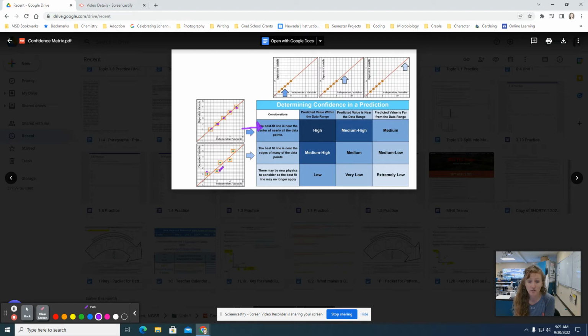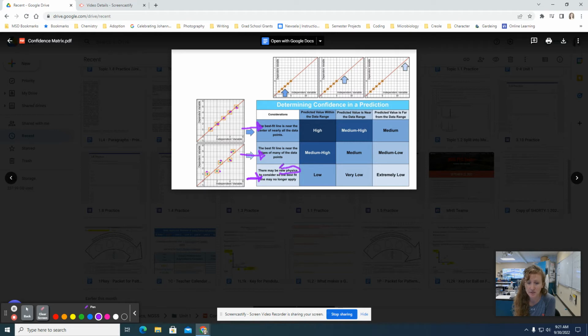If many of them fall off of your trend line, you would be in the middle of this column. If your line doesn't seem to fit your data at all, you'd be at the bottom of this column,